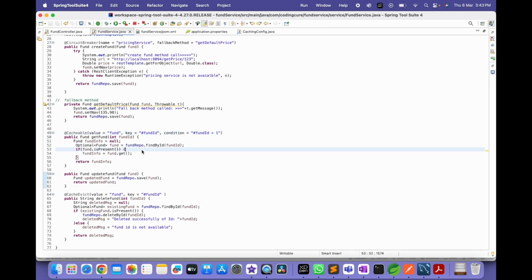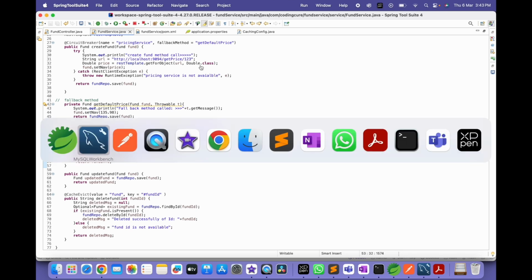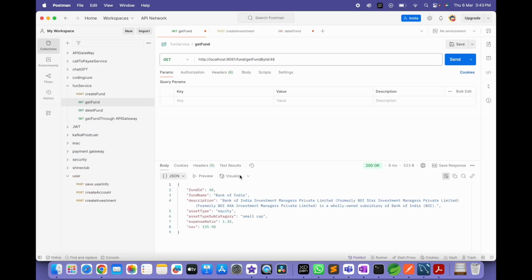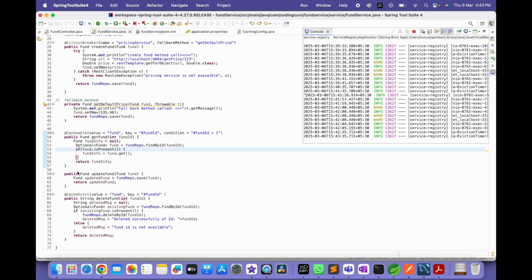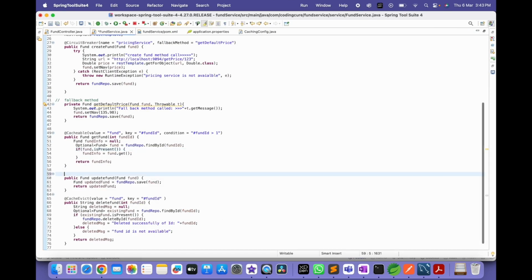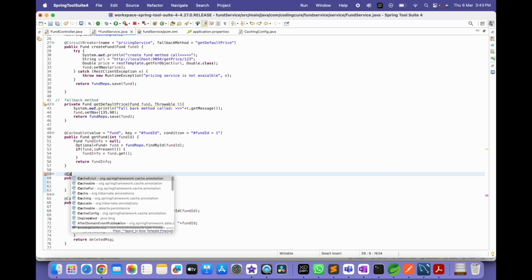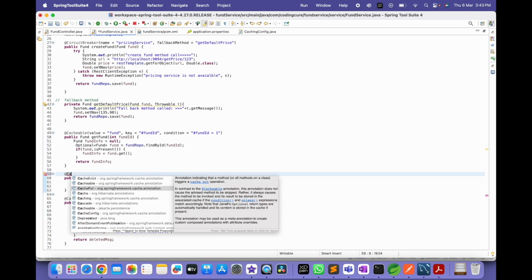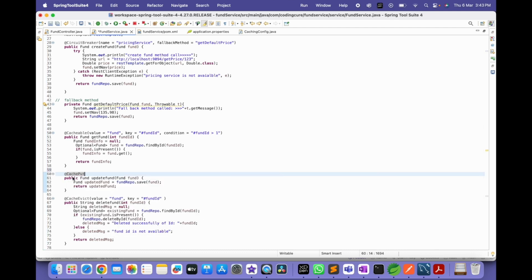Then how to update the cache? Suppose this is fund id 48, and I want to change the net asset value. When I change the net asset value, the data should be changed inside the cache, right? So how can we implement this? In the update fund API, we can use one annotation called CachePut. CachePut is nothing but for updating the cache. So here the value